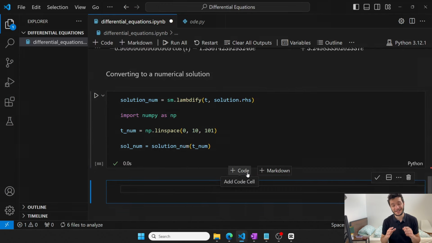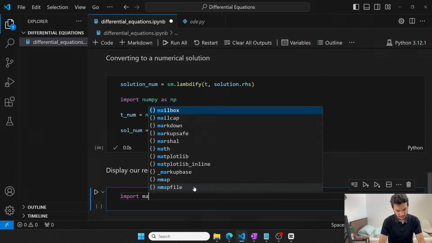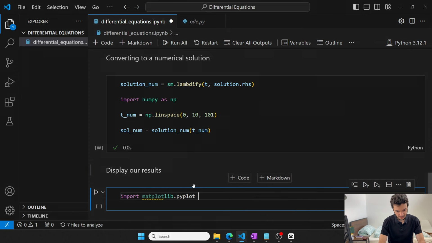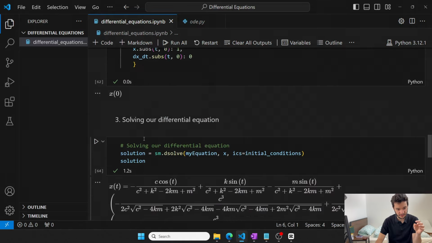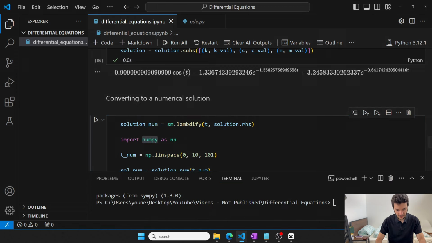Now the fifth and last step, I know this has been a long video, but we are finally reaching the end, is to display our results. If we import the matplotlib module, so import matplotlib.pyplot as plt. By the way, if you don't have matplotlib.pyplot and NumPy installed, all you gotta do is pip install NumPy,